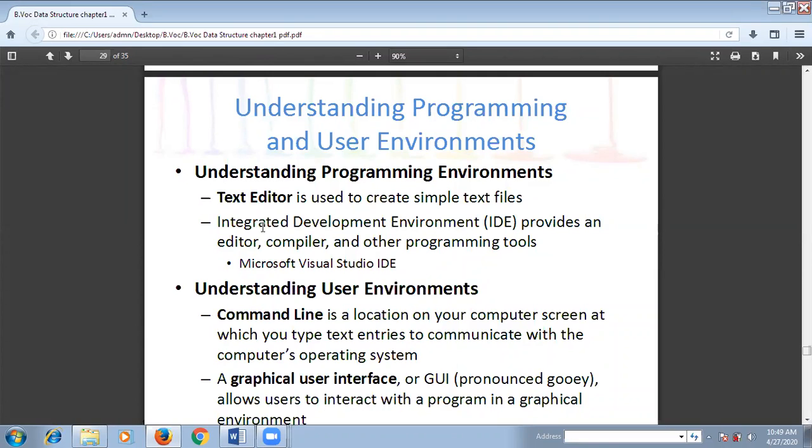One example of an integrated development environment, IDE, is Microsoft Visual Studio IDE, which can be considered as one platform where the programmer can develop software in Visual Studio, VB.NET or C#.NET, etc. That means in programming environment, programmer can use a text editor, or an integrated development environment, to do his own work. For developing the software, programmer is using integrated development environment.